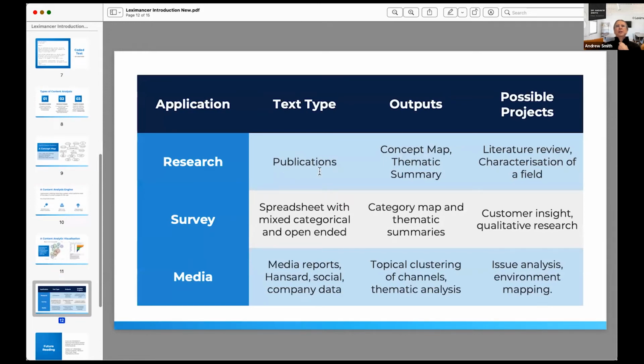So yeah, using it for analysis of publications, systematic literature review, developing a schema or a definition for a research field. I've seen papers which use it for that. Doing survey analysis. And with Leximancer, you can include the categorical variables and the demographics, like Likert scales and gender and things like that. You can include those in the model, along with the concepts derived from the open-ended responses.